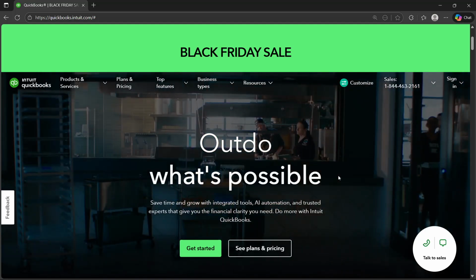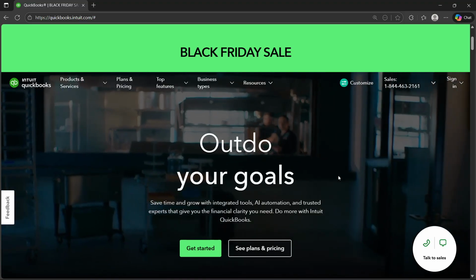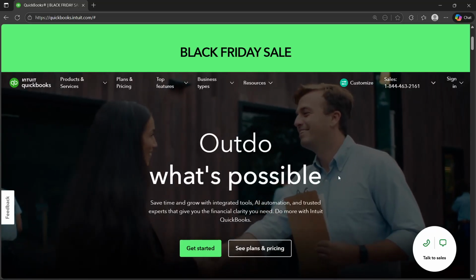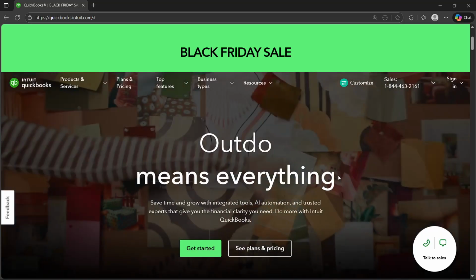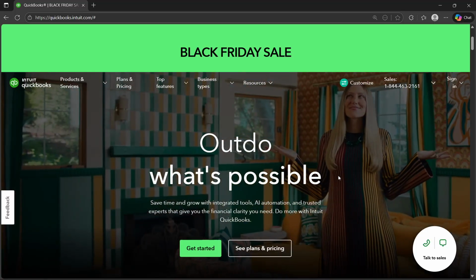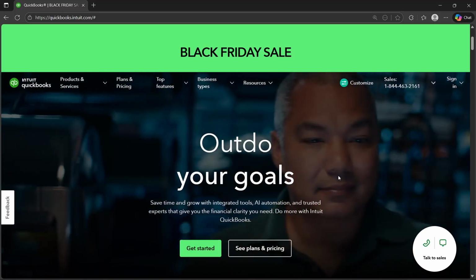By the way, you have to make sure first that you have the full version of QuickBooks or you have the plan that actually has this feature so you will be able to proceed to the next steps. And of course, listen carefully to each step that I will be explaining because I will describe everything clearly so